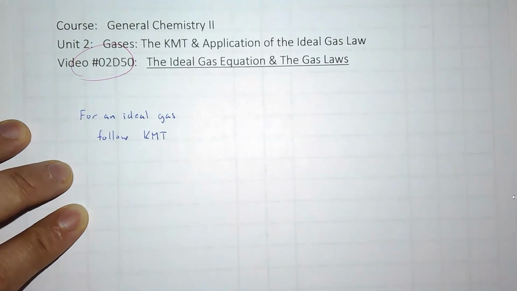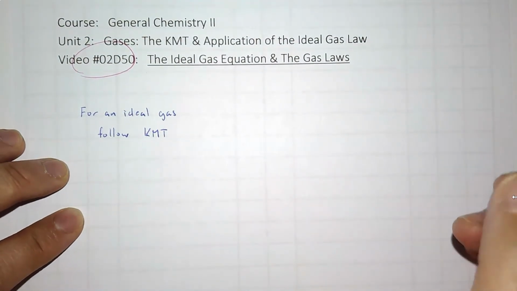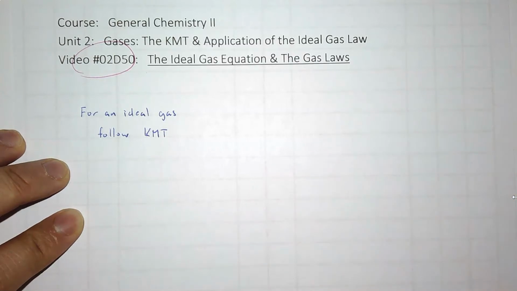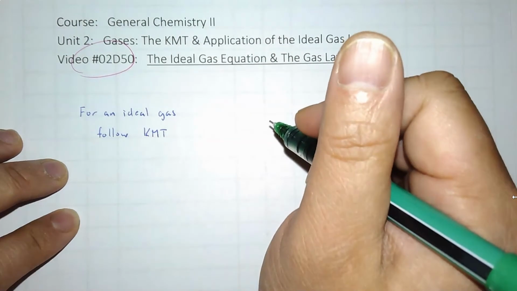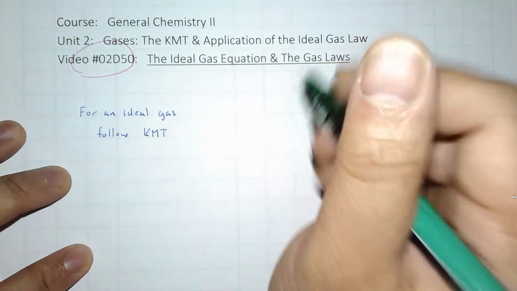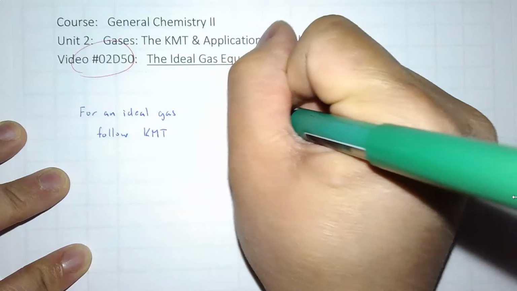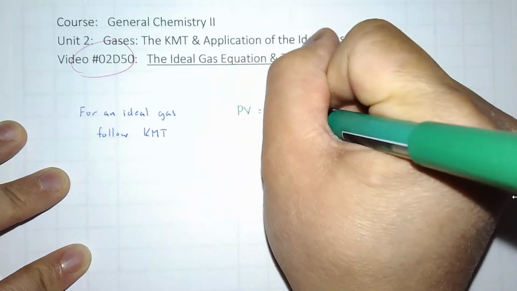Now, there is no such thing as a theoretically ideal gas, but we could get very close to it, and this equation will apply. There are correction factors for non-ideal gases, but I will not be going over that in this video. We will depend on PV equals nRT,